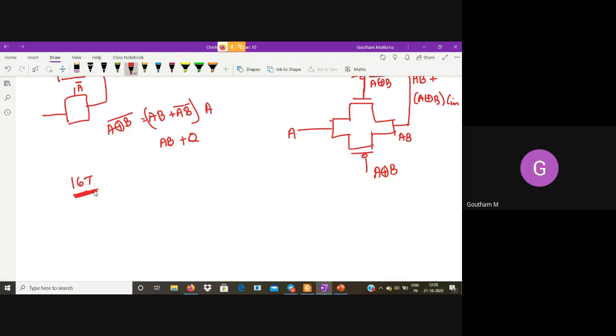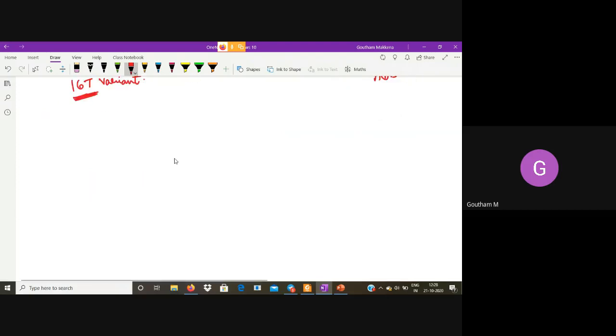Before understanding this 16 transistor variant, I need to introduce one topic. What is this called? We have seen it previously.